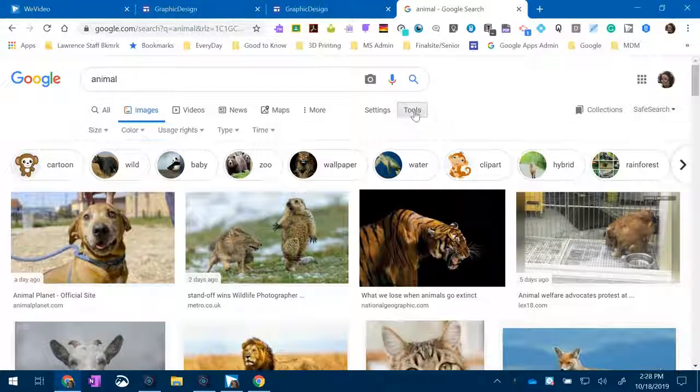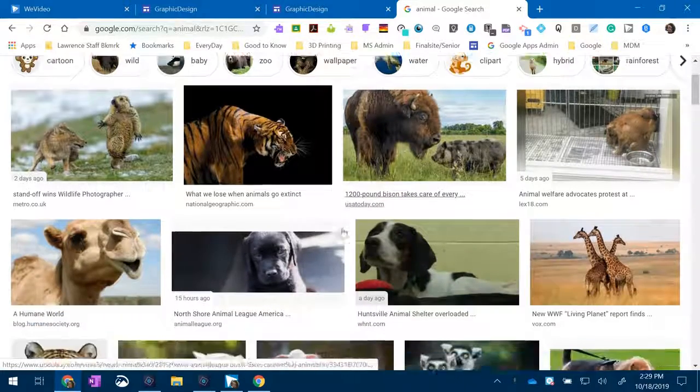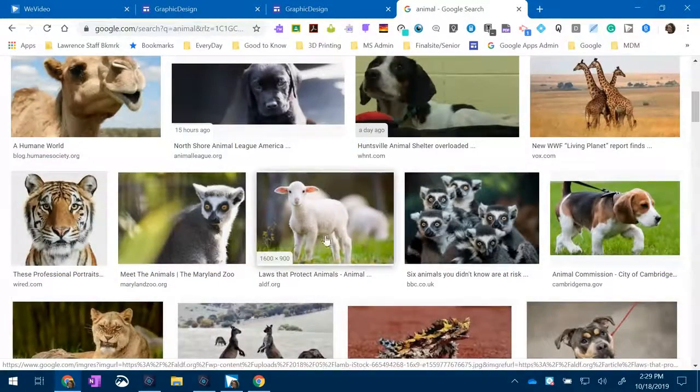So you're going to click Tools here, go to Size, and make sure you're selecting large images only. When you point to the picture, notice in the bottom corner, it will show you the size. Make sure they're all over 1,000 by 1,000